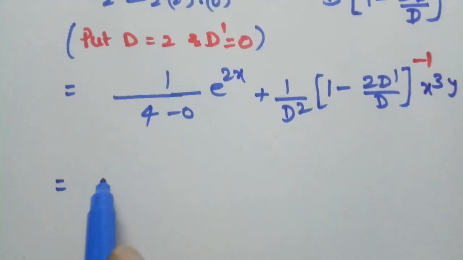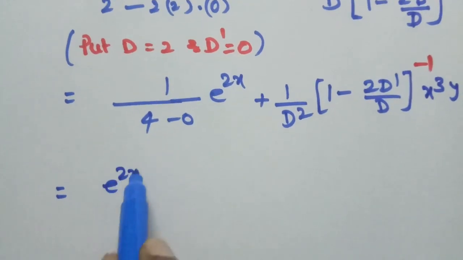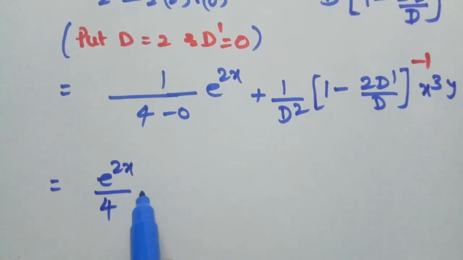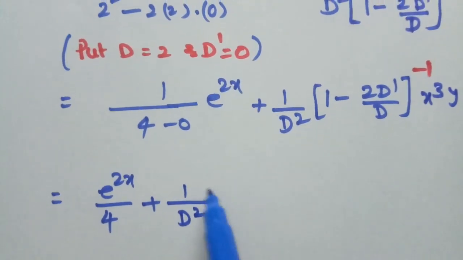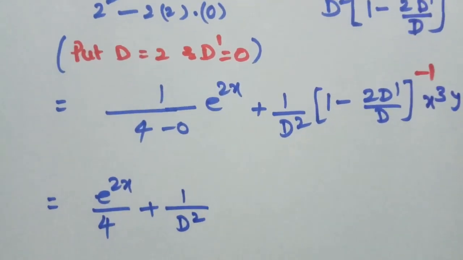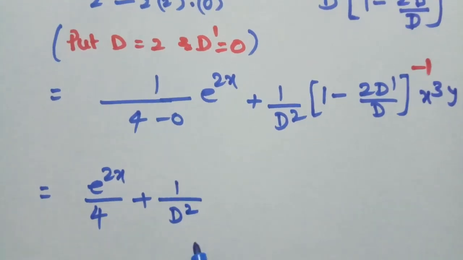Therefore this is e power 2x by 4 plus 1 by D square into, using the binomial expansion,